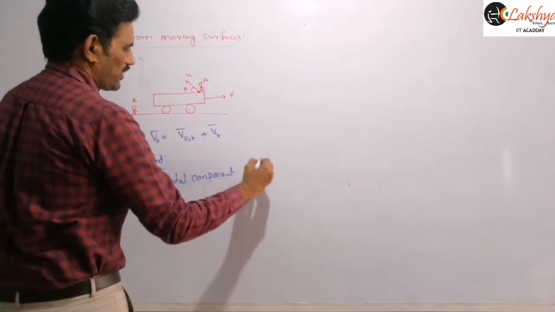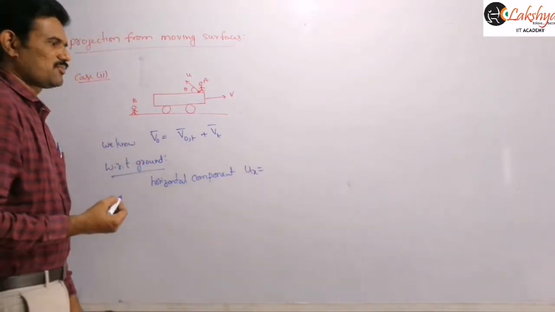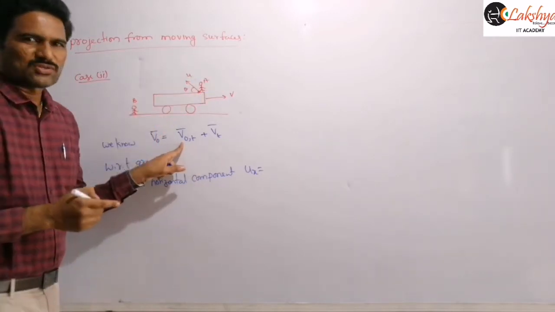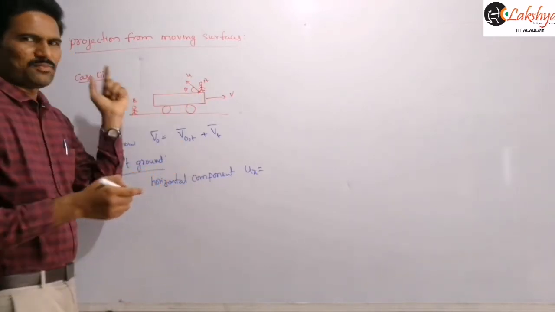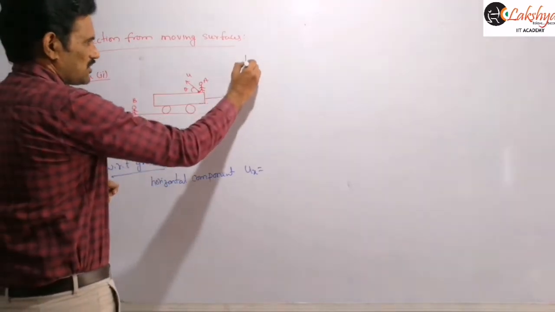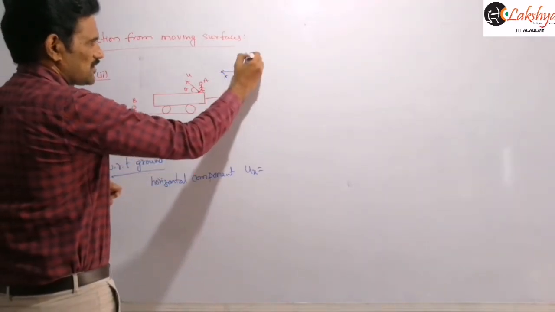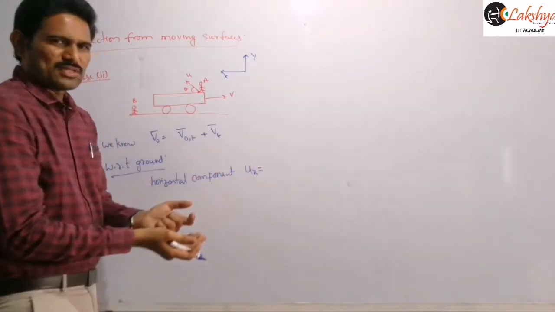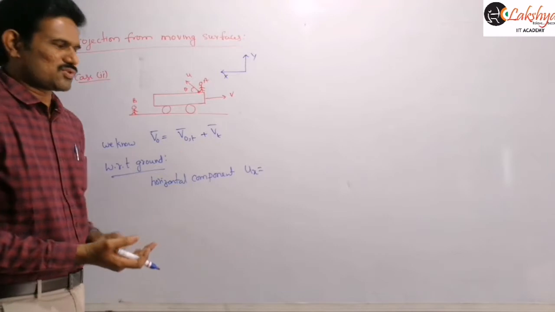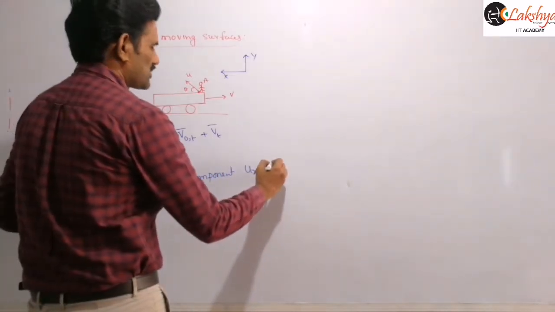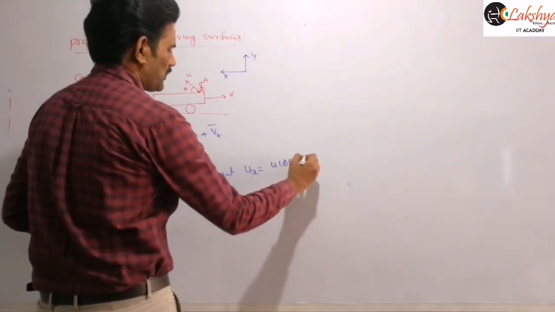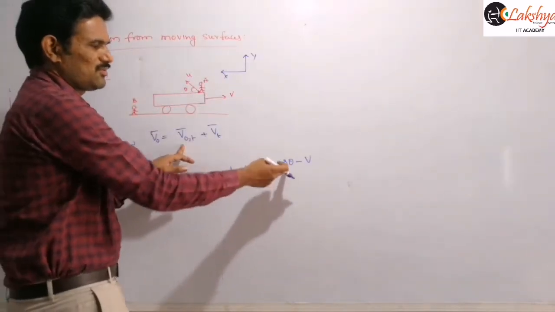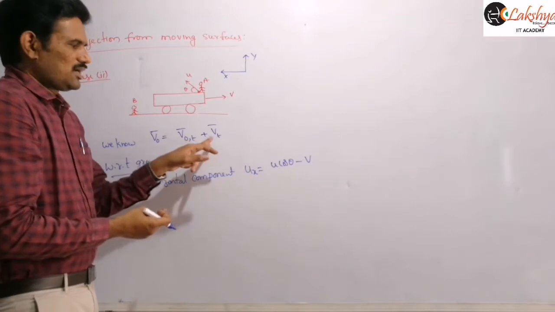So u of x is equal to, now the horizontal component is, this value is in backward direction and v is in forward direction here. I am taking this direction as positive and this as negative. You may consider our usual direction also, there is no problem, that is your choice. So I can write this as u cos theta minus v. That means according to this sign convention, this value will be v cos theta, and then this value is